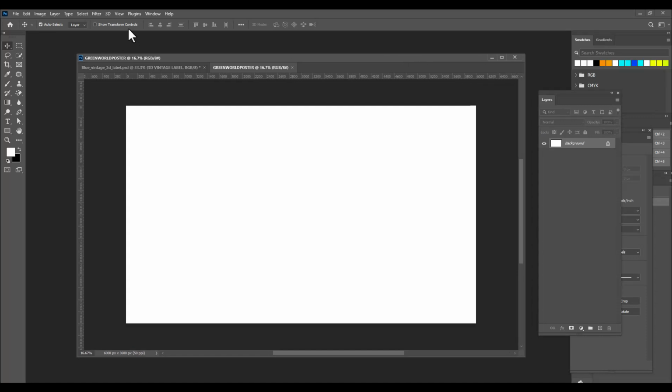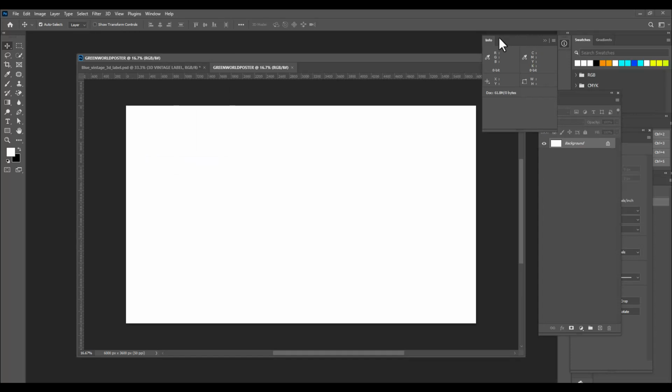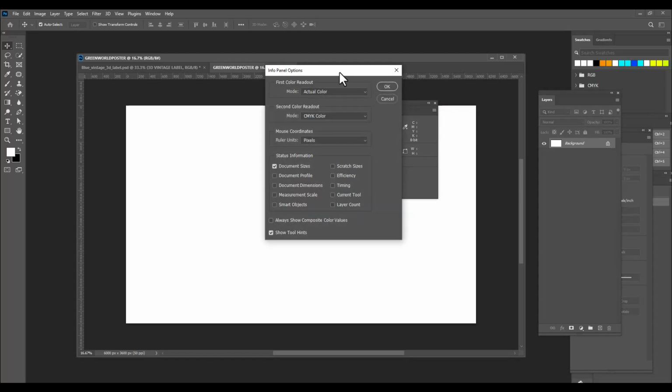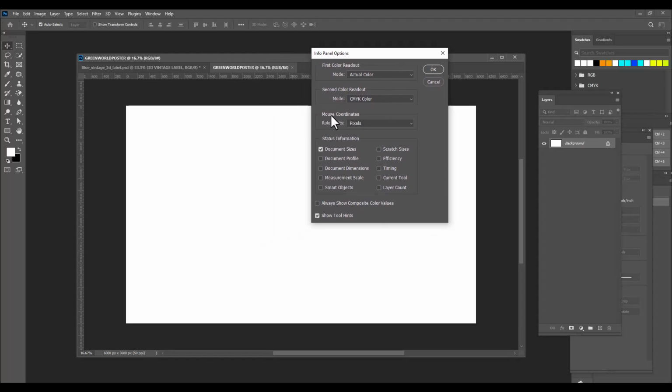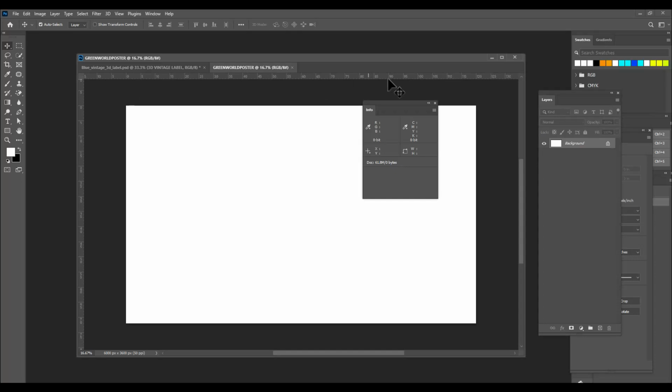So the way to do it is, we'll go to Window, and here we have the option Info, and in Info, in the top right corner we have a hamburger menu, and from the hamburger menu let us select Panel Options, and from Panel Options, if we check here, we can see the mouse coordinates, and for ruler units, instead of pixels we are going to select inches. So now we can see there are inches,